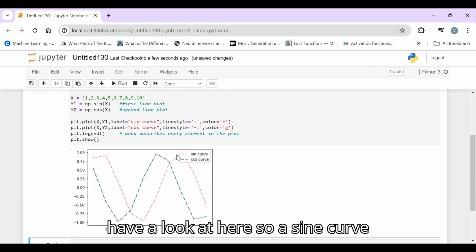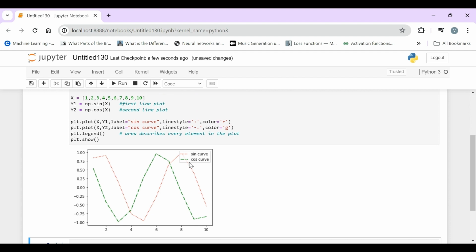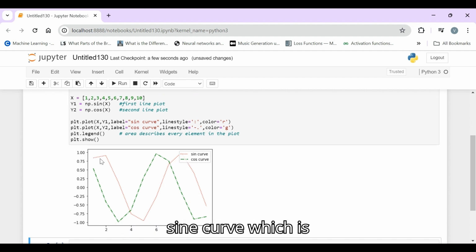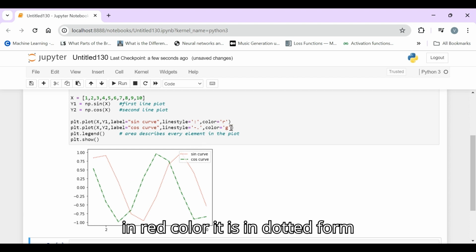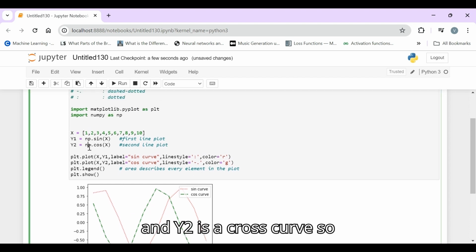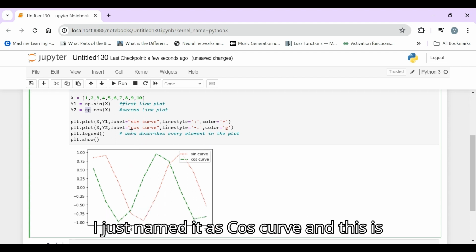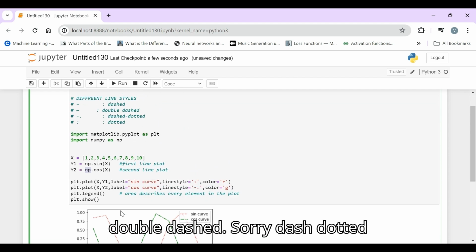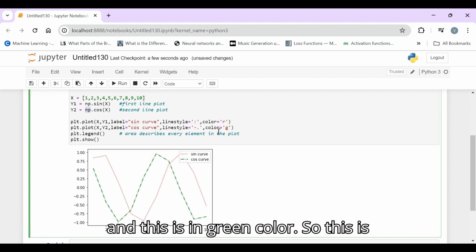So now the sine curve is in red color, in dotted form. And y2 is our cos curve, which I named cos curve, and this is dash dotted, in green color.